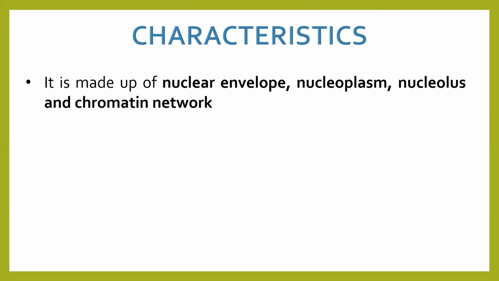I'm repeating once again. We have just seen in the diagram that nucleus has two membranes, right? So both these two membranes together will be called as nuclear envelope. Therefore, nucleus is made up of nuclear envelope, nucleoplasm, that is the liquid and everything inside the nucleus, nucleolus, the small spherical ball which we just saw, which was purple in color in the last diagram, and chromatin network, or you can also call it as chromatin material, which is nothing but DNA, very, very fine thread-like thin material. Okay.